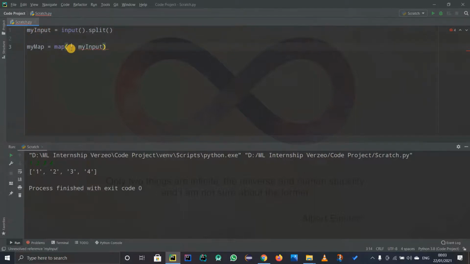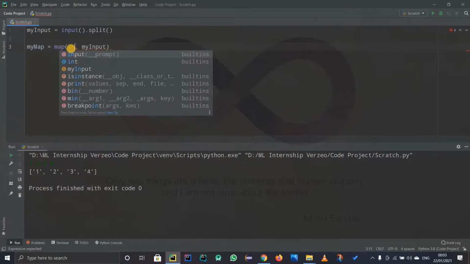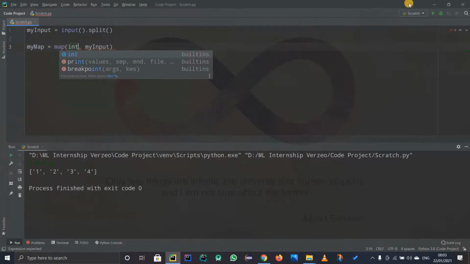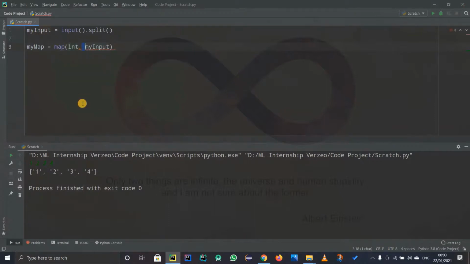That's what we passed, and now we want a function that will act on that list. If you are not aware of the map function, you can click on this icon and see what a map function is. I explained it in that video. Now we are converting each and every element of this input list into an integer, because we are passing int as the function. Why am I saying integer as a function? Because if you write int of, say, 23, and say a is int of 23, it means that a is simply 23. It is not a string now. A will be the integer 23. So integer is a function. We are using int as a function here, and my input as an iterable. If you are still not able to understand, you can watch that video.